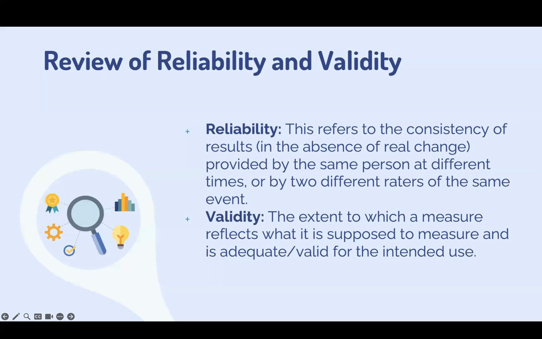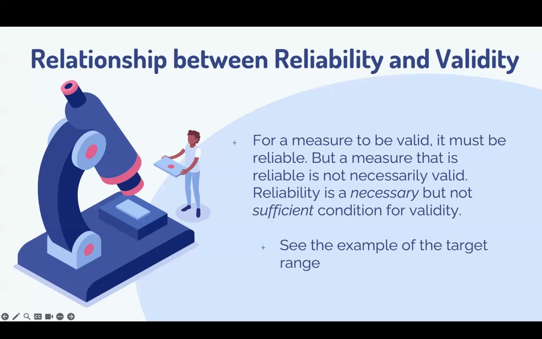This slide forward is so important. It tells you the difference between reliability and validity. Reliability is about consistency. Validity is about truthfulness. So a measure can be reliable without being valid, and can be valid without being reliable. It's a delicate dance to ensure that our measures are both consistent and accurate. So reliability does not ensure validity.